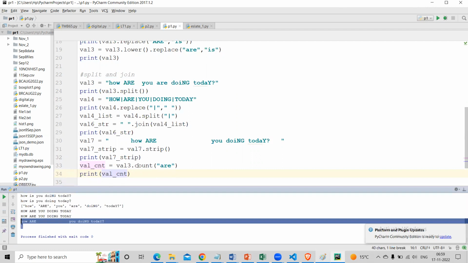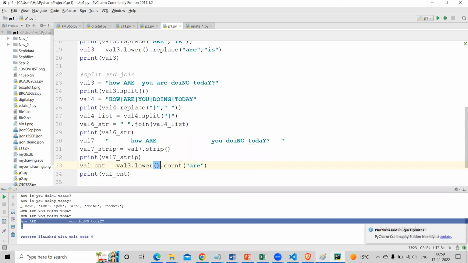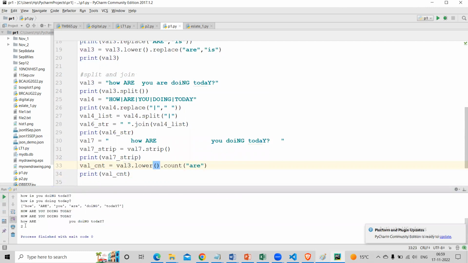But if I say val3 dot lower and then count r, it becomes 2. Now if I say area, I want to check if it has area or not, then it will give 0, right? It's not there. So split, strip, replace, find, count. These are the useful functions we use in string. Of course, there are a few more you can try, but mostly these are the things that we